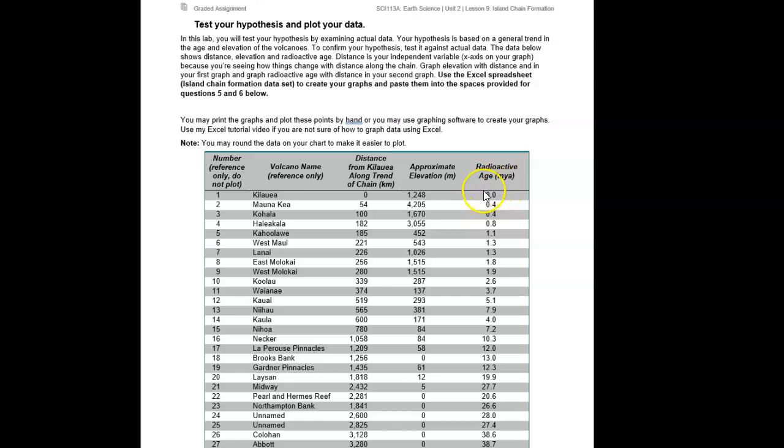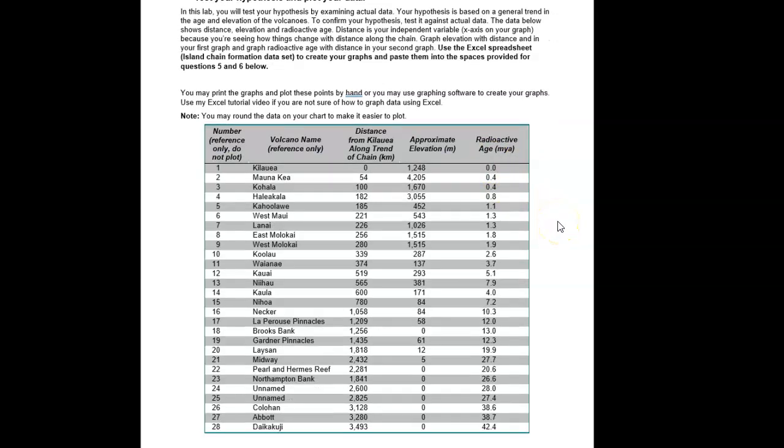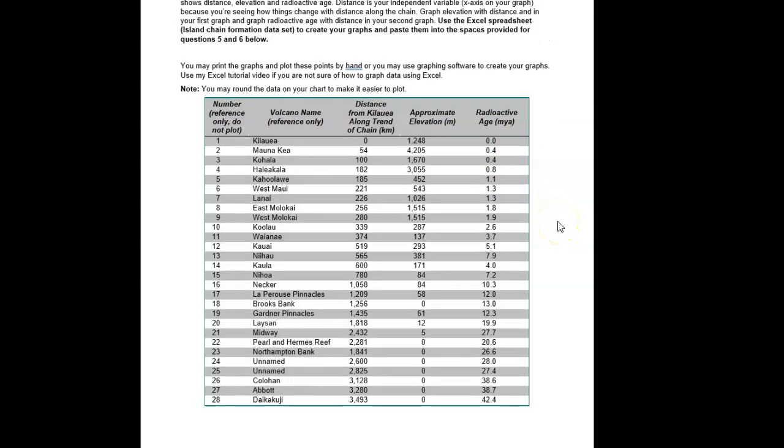Kilauea, we know, erupted very recently. If you notice in the news, maybe in the past 3 years, we were even talking about major eruptions in Hawaii. So the rocks here are not even 1 million years old yet. They are very newly formed. Okay, let's take a look at what the questions are, and then I'm going to jump over to Excel and